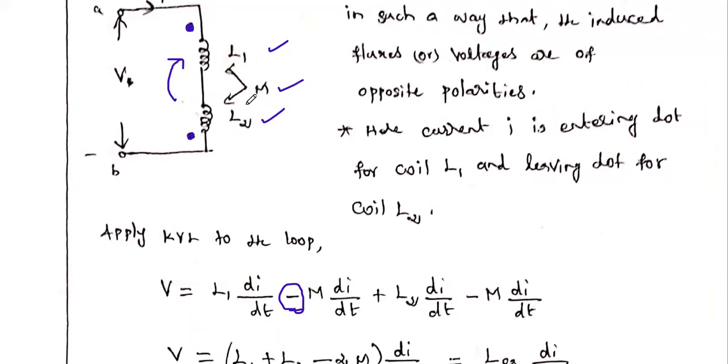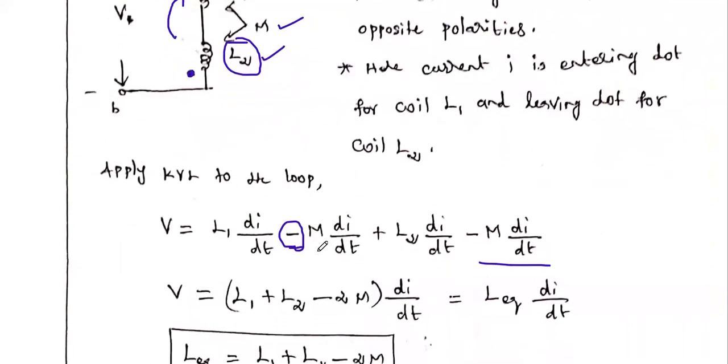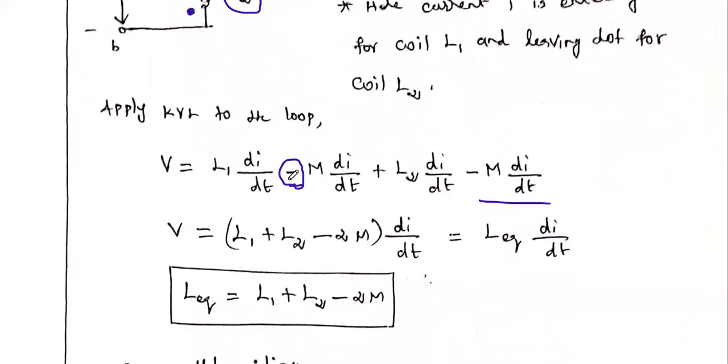Okay, then what is the self-induced EMF of the second inductor? L2 into di by dt. Similarly, the mutually induced EMF in L2 because of L1 is minus M into di by dt. Okay, so this is the thing. In the previous case, series aiding, all are plus: the mutually induced EMF and the self-induced EMF are all plus. But here the mutually induced EMF is in opposition, so there is a minus sign.